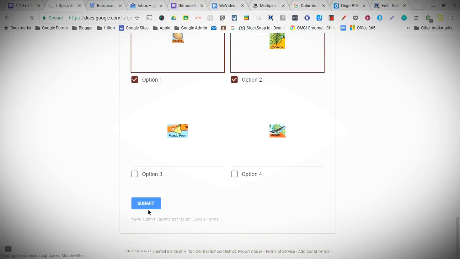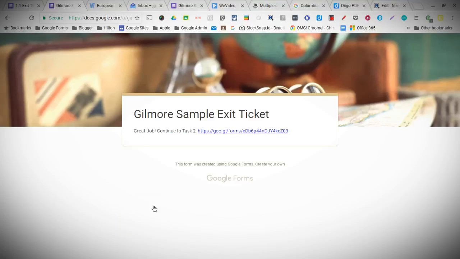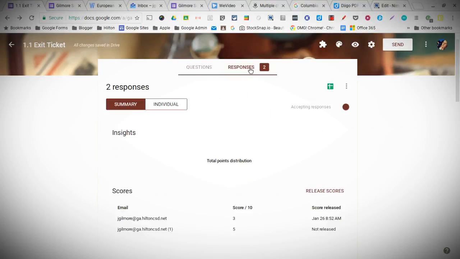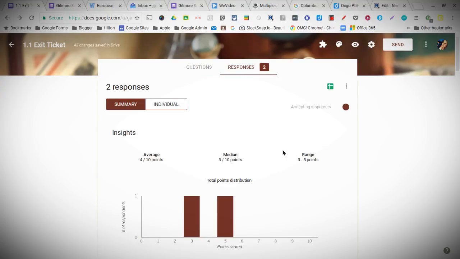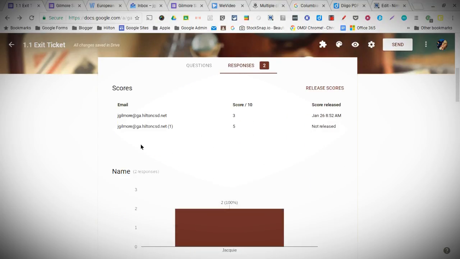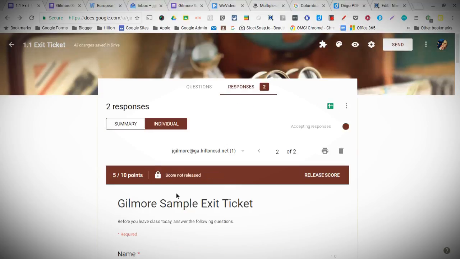And I hit submit. And then it'll say, great job. And then remember we had that form thing because I was just showing you that. So that just keeps showing up. So now if I come back as a teacher, so now I get 2 responses, and you'll see here's Jackie again. This one's not released. Remember, this one we already released because I got my grade. So if I click on Jackie,